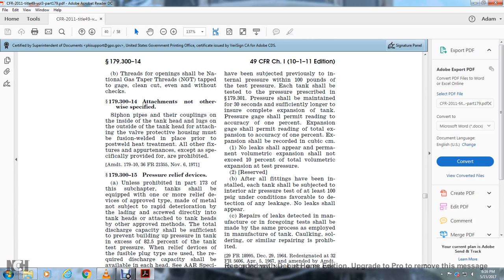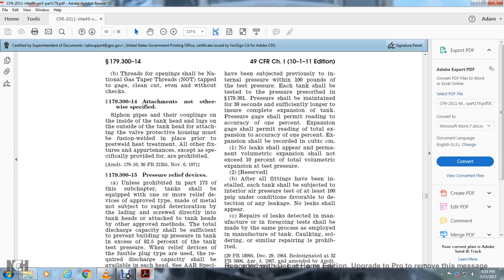Pressure shall be maintained for 30 seconds or longer to ensure the complete expansion of the tank. The pressure gauge shall permit reading of the pressure with an accuracy of 1%. The expansion gauge shall present a reading of the total expansion with an accuracy of 1%. Expansion shall be recorded in cubic centimeters. No leak shall appear, and the permanent volumetric expansion shall not exceed 10% of the total volumetric expansion